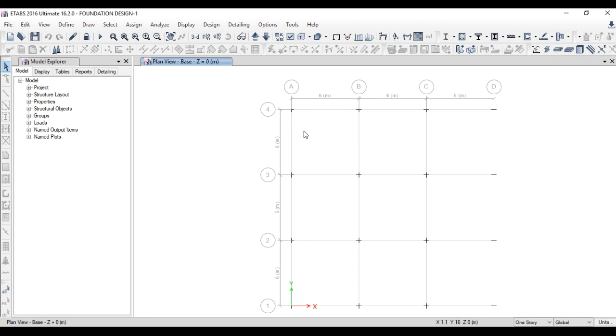Now we will be designing the mat foundation by keeping a 2 meter offset on all around sides of these columns. So the offset on each side will be 2 meters, and the total width of the mat foundation will be 6 into 3 is 18, plus 2 and plus 2, so that will be 22 meter in the X direction and 22 meter in the Y direction. Accordingly we'll try to design the footing.